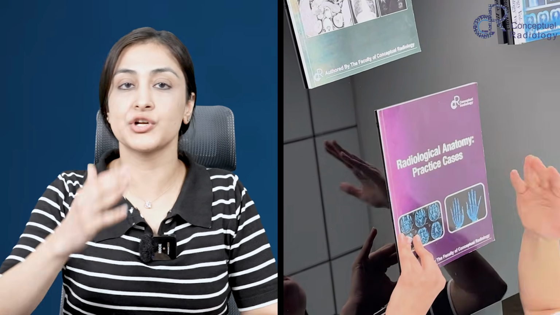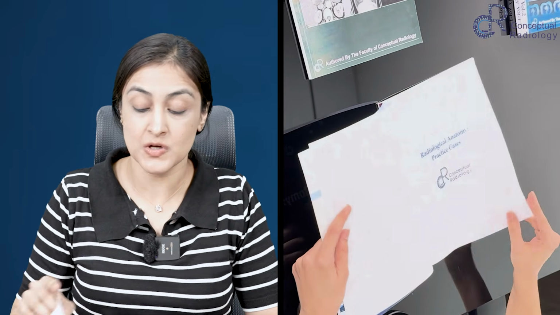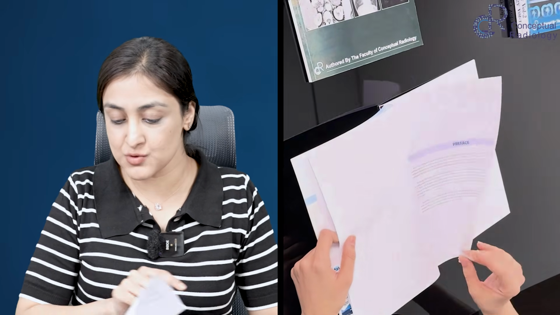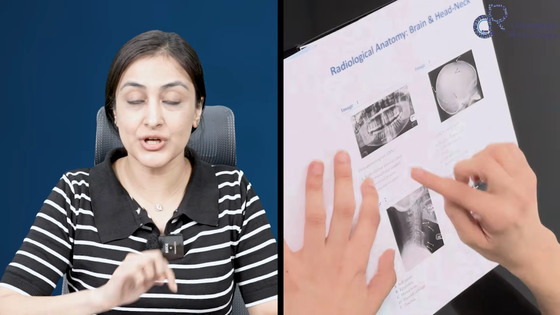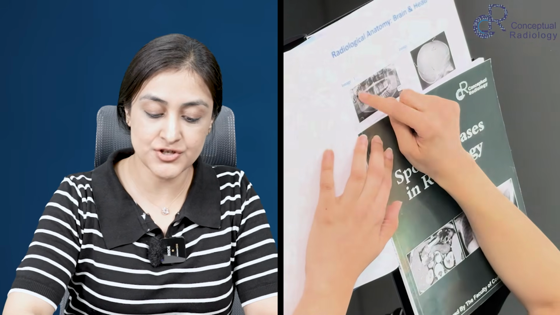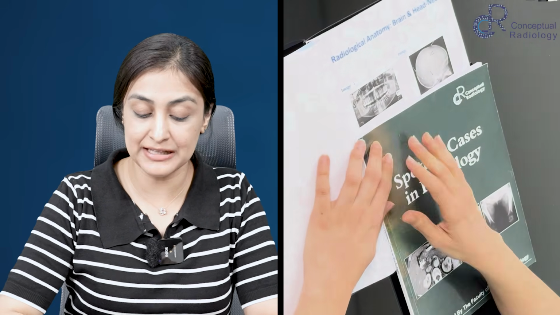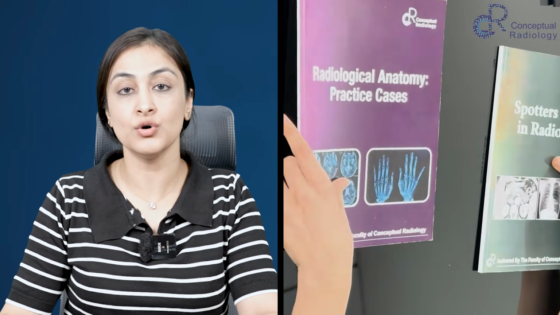Similarly, Radinat is particularly useful for those of you who are giving FRCR. Part 1 includes Radinat, right? Otherwise also, every junior radiologist needs to be familiar with anatomy. So you can see this. Again, I would advise you to cover the answer. First try and label A, B, C, D yourself and then try to see the correct answer. So use these two for practice rather than just passively going through them. These two books make it very interactive for you to learn.